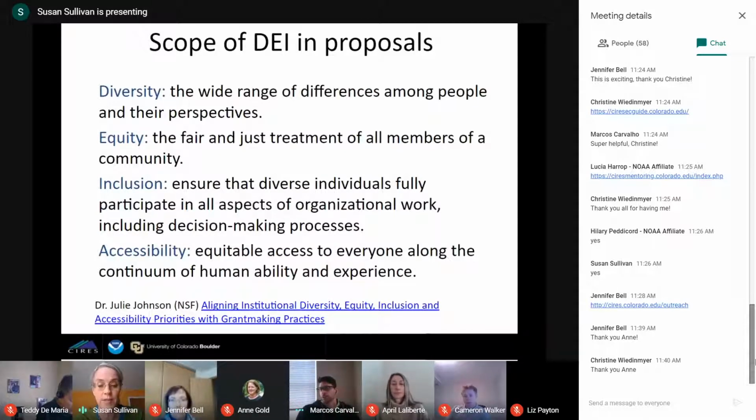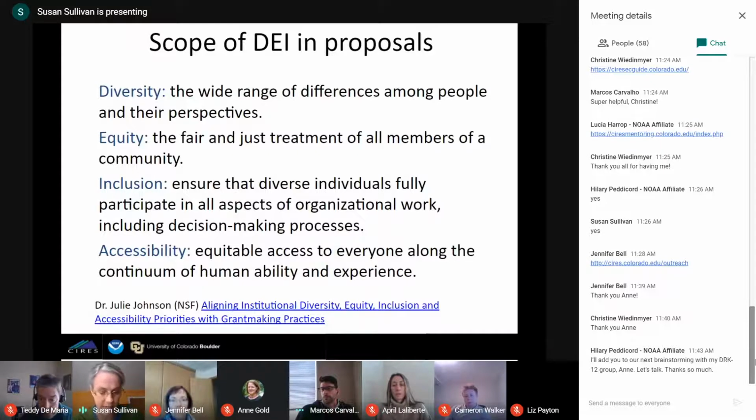And accessibility, oftentimes when people think about accessibility, they think about technology. Accessibility goes beyond technology and whether or not people can read your website or have it be accessible to them through a screen reader or something like that. It includes how you are able to include differently abled people in your work.